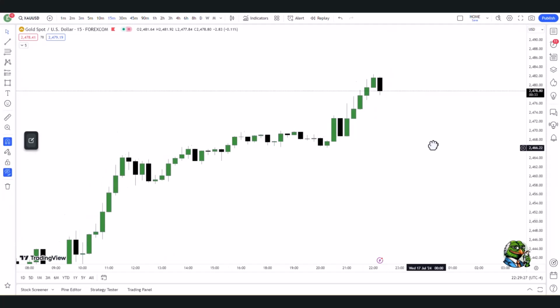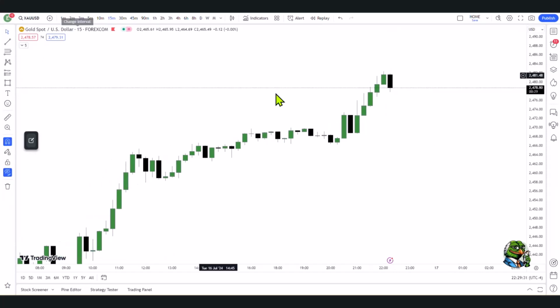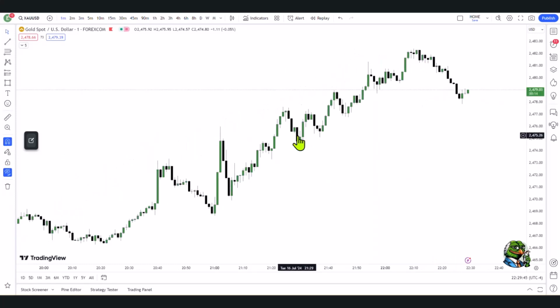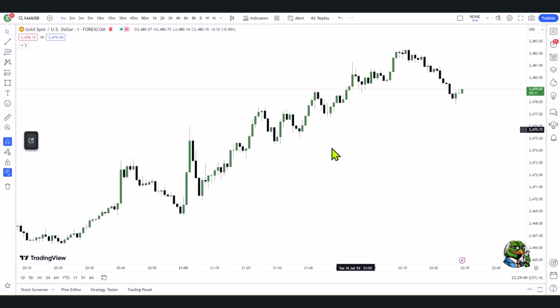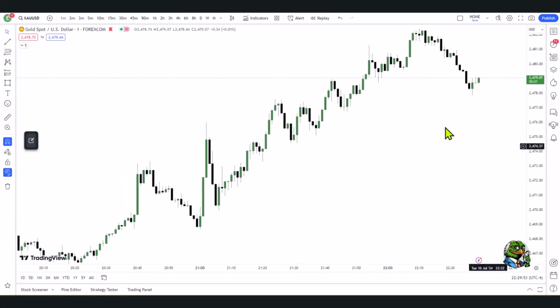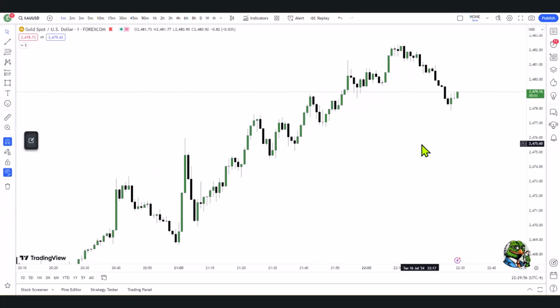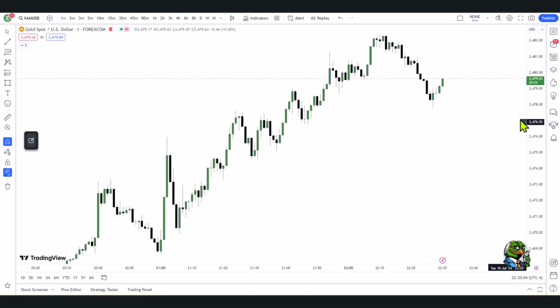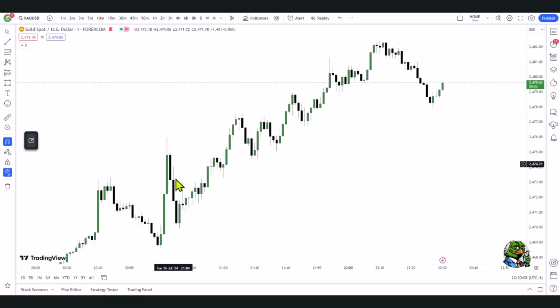First thing I want to highlight is the way this is moving up, okay? It's just crawling up, and if I go to a 1-minute time frame, we can see that it's just crawling up, okay? We've got these small highs and lows, and so the first thing I kind of want to do is work out where could this be headed. And really the only thing I can do, because I don't have a previous high, is I want to calculate some kind of mathematical target of where this might be going. And all I've done is I've taken this initial move down, which would have been a great long entry, by the way, but I don't want to buy gold at these highs right now, okay? So all I've done is I've taken that dump and projected higher, okay?